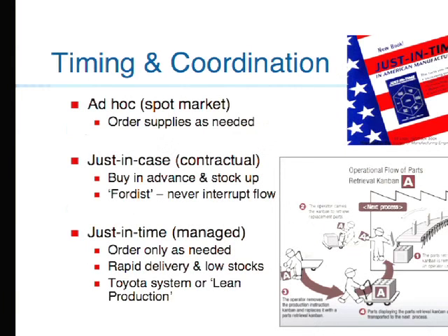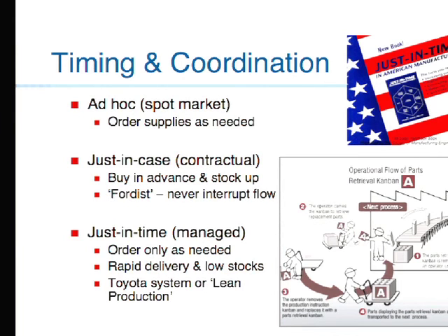Then there's this question of timing and coordination over these large production systems. Say you run out of paint to paint the cars in your car factory. You could theoretically run down to your local Kelly Moore paint store, but that probably isn't going to work. It probably won't be the right kind of paint, and it's not enough paint. There's a lot of problems with buying paint on the spot market or just random purchases. Although it makes perfect sense if you're a house repair person in Berkeley doing house restoration, you're going to repair somebody's floor, you need some varnish, you're going to go down to Ace Hardware and buy some varnish, and you probably have an account there.